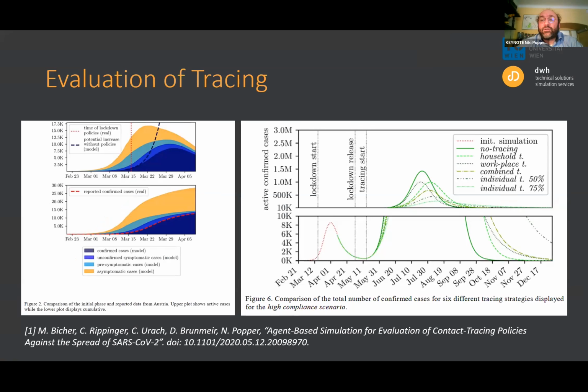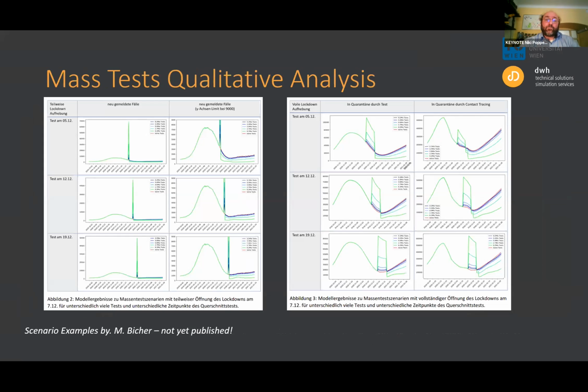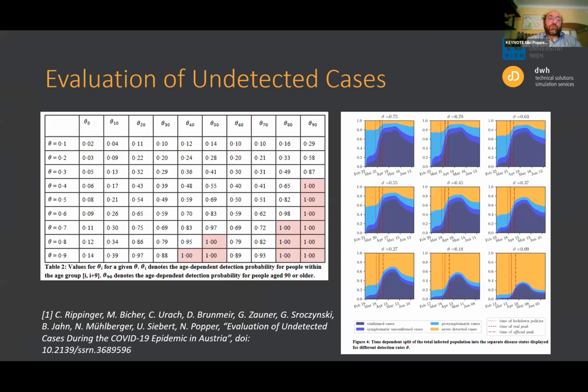We can compare the different strategies of no tracing and tracing, for example, in various areas. At the moment, we also started in Austria. It's very important because we start with mass tests. So it's also possible to introduce in the model these mass tests, where you can see here the comparison of the different number of persons who go to the test and the effects. On the left side, the effect on the development of the infectivity, and on the right side, also the result in quarantined persons. And that's, of course, also very important information to get.